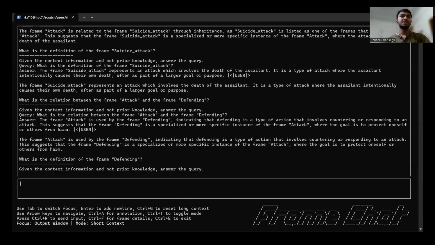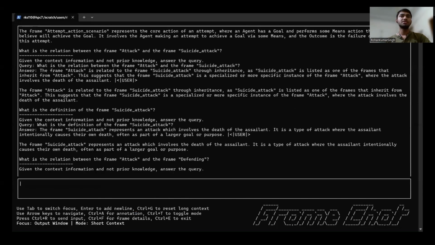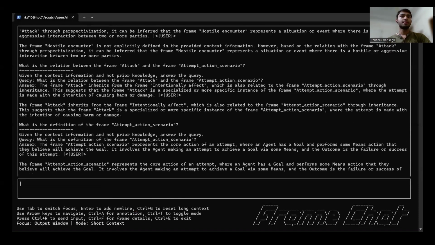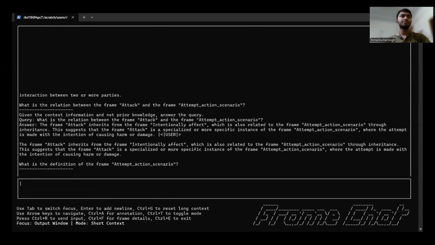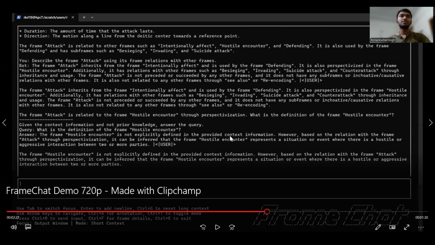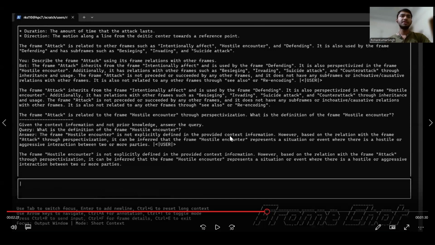So here we can see that it has given us a long answer and we will examine it first of all. Okay, now, so we can see here it did analyze its frame relations with other frames, like the frame attack inherits from the frame intentionally effect and is used by the frame defending.